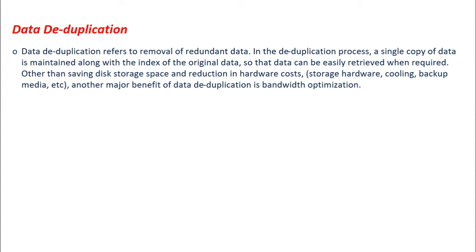Now let us proceed with the new term called data deduplication. Data deduplication is a process of identifying and eliminating redundant data. While the backup is being performed, there is also a scenario where redundant data is copied. So data deduplication is the process of identifying and eliminating the redundant data. When duplicate data is detected during the backup, data is discarded and only the pointer is created to refer to the copy of the data that is already backed up.